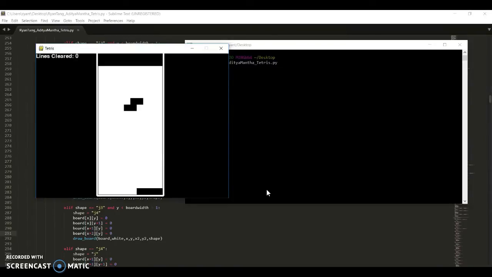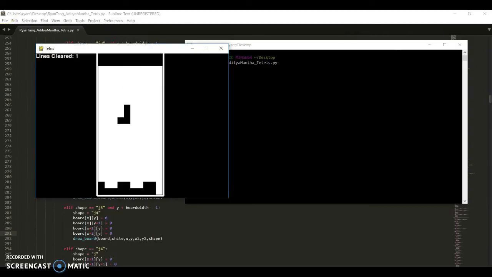You can press the left and right arrow key to move the piece laterally across the board. But wait, there's more. You can also press the up arrow key to rotate any piece however you like. Whenever a row is filled, it will clear, as we just saw with this last piece. You can see that on the top left is a score counter that changes based on how many rows are